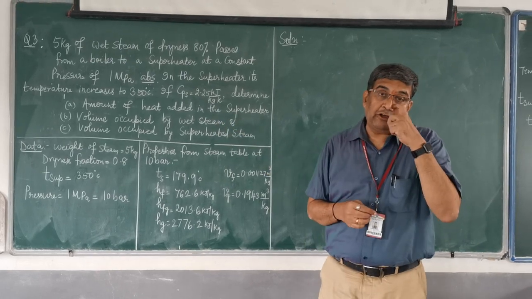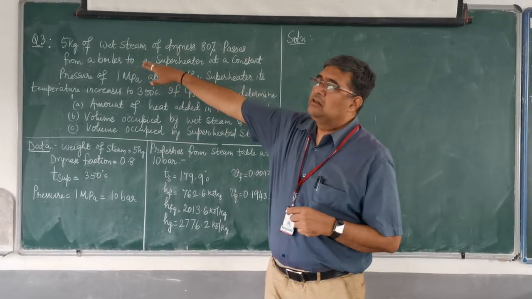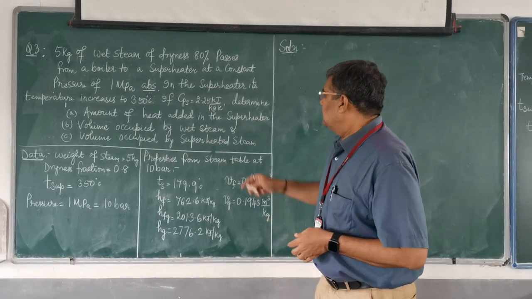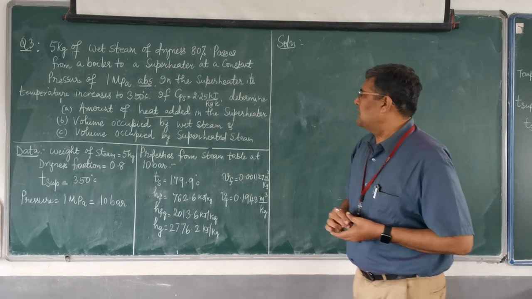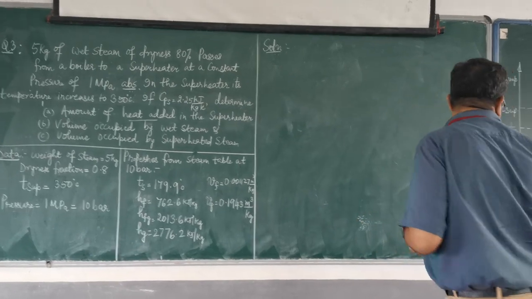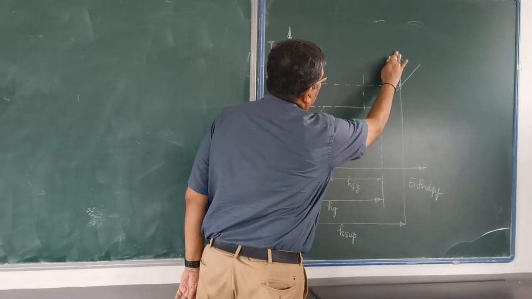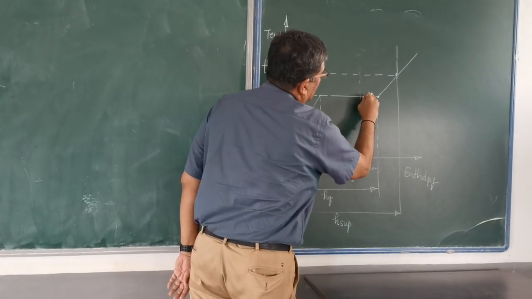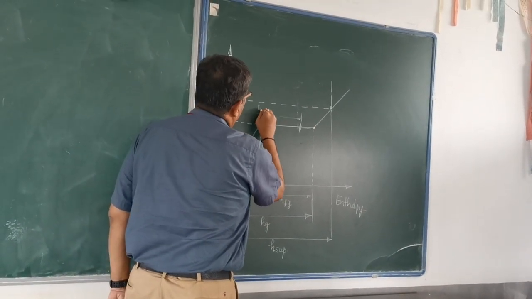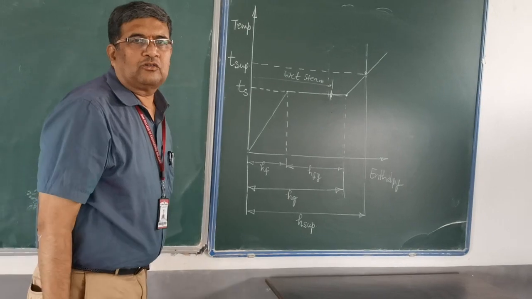The reason is, whenever we talk about specific volume, the units will be in meter cube per kg. But here, the weight of the steam itself is 5 kg. So we need to find out the total volume now. Okay, so the first one, for example, amount of heat added in the superheater. How do we find out this? Again, as it is 80%, if we come back to this part, let's say it is somewhere here. So this was earlier 70%. Now 80% is somewhere here. Okay, so this is wet steam.